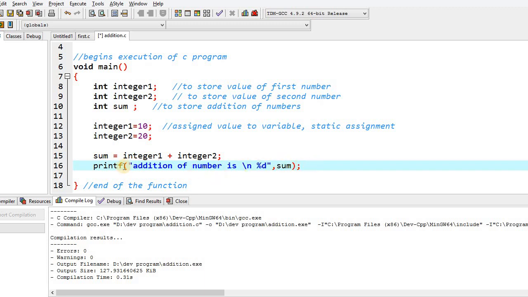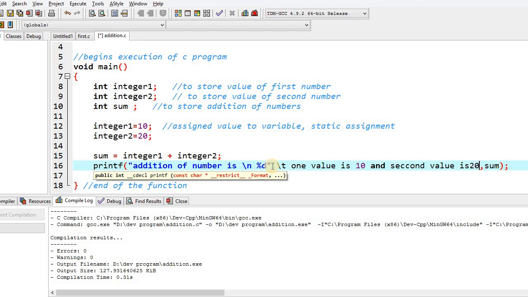Look over here, printf is very powerful. In a single printf statement, you can write multiple lines. For example, I have written this. After that, there is also one character, that is t. One value is 10 and second value is 20.